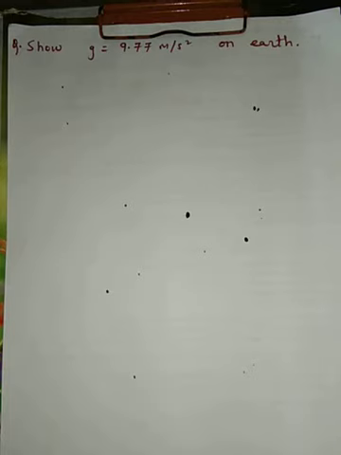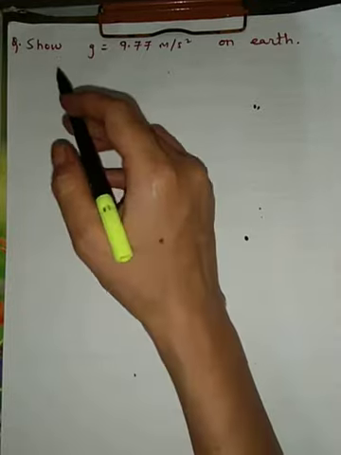Hello students, in our previous class we have seen inverse square law derivation with the help of Kepler's law, and then we have seen what is a small g. It is acceleration due to gravity, and we have derived its formula. g is equal to capital G M upon r square. Now from that formula, how the questions can be framed.